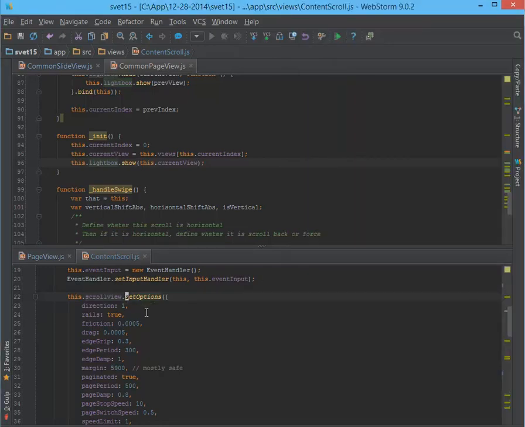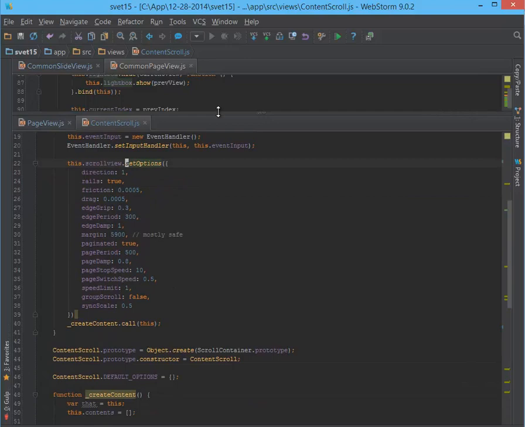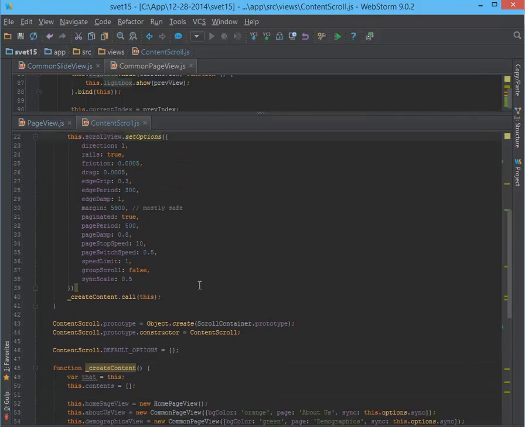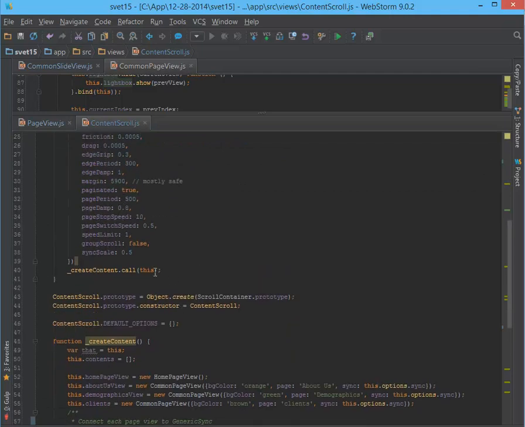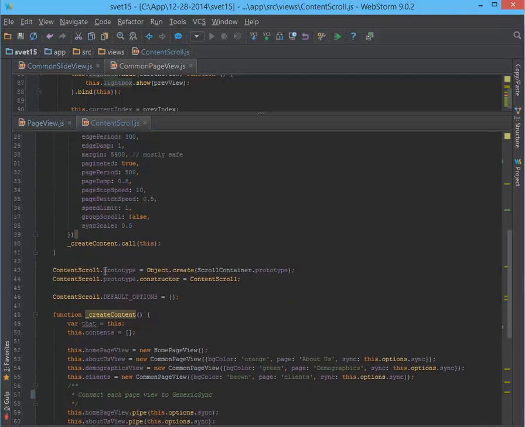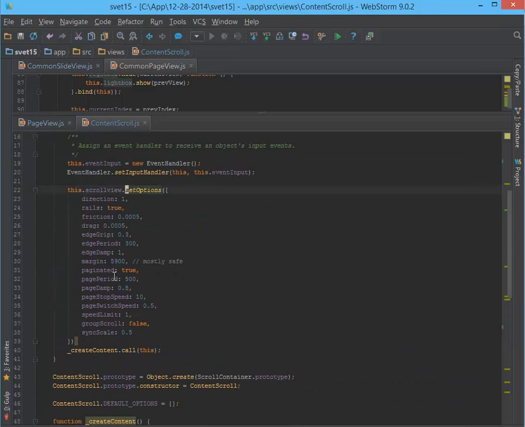We set options to our scroll view here, and also in our content scroll